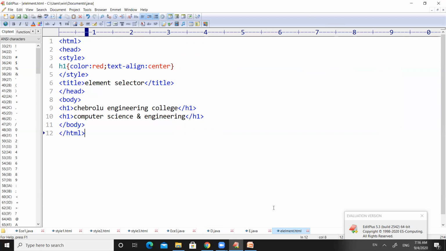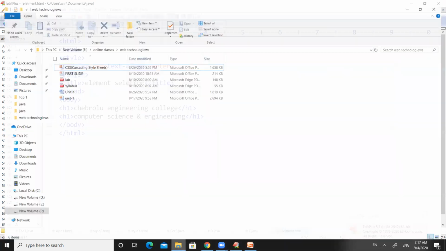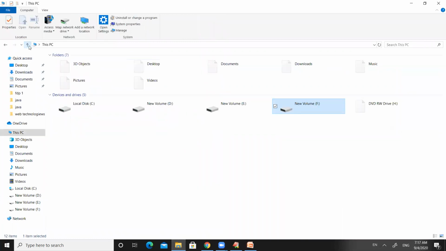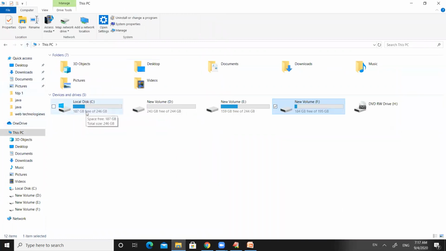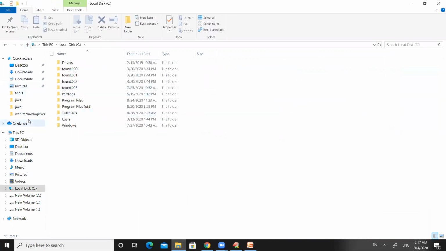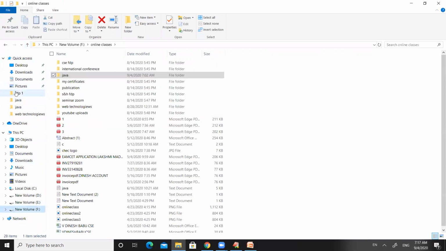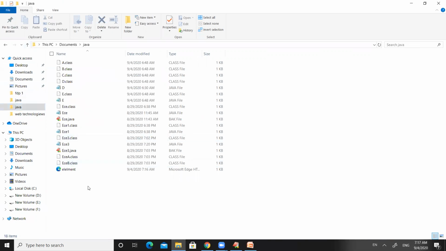Please observe, it was saved here. The element.html has been saved. So now please double click on this in order to see the output.